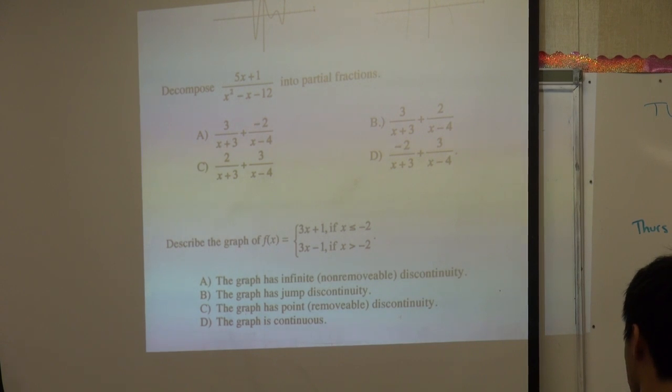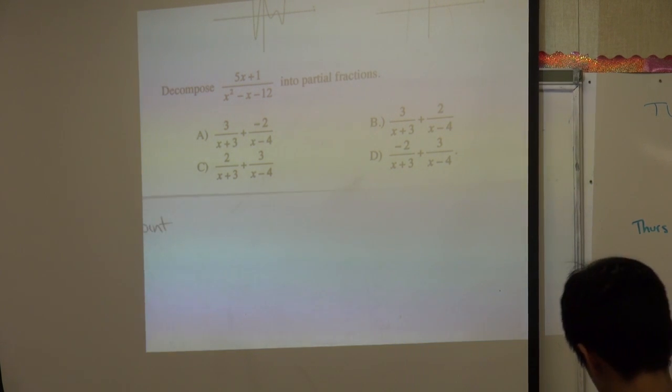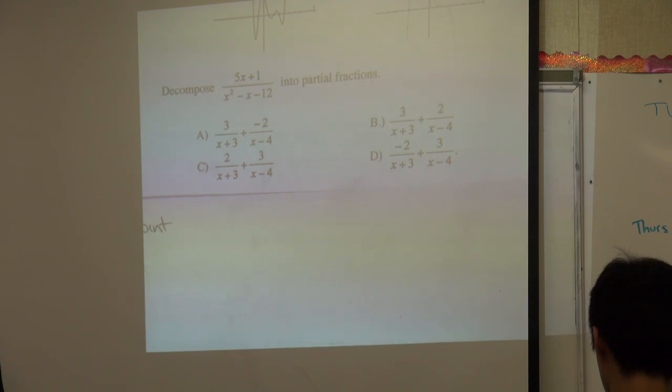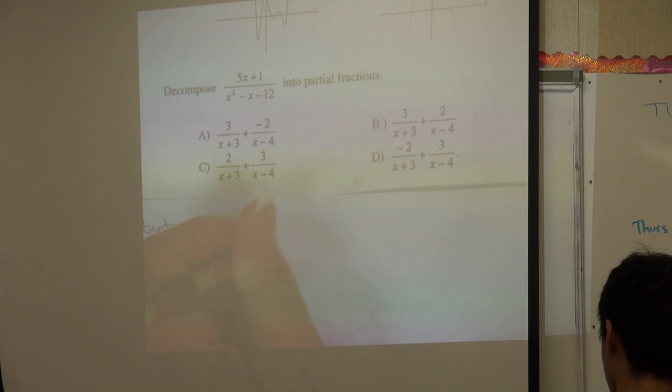Moving on to number 5. Number 5 asks you to turn these into partial fractions. Since this was a new idea this year, I would say something like this would very much show up on the final. It's a topic we are taking out next year because of all the things we have to put in. The way this works